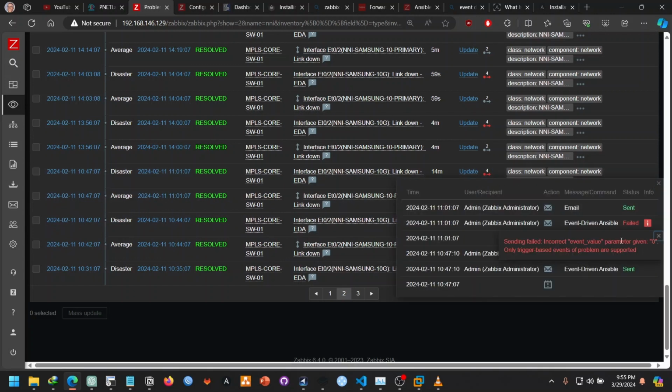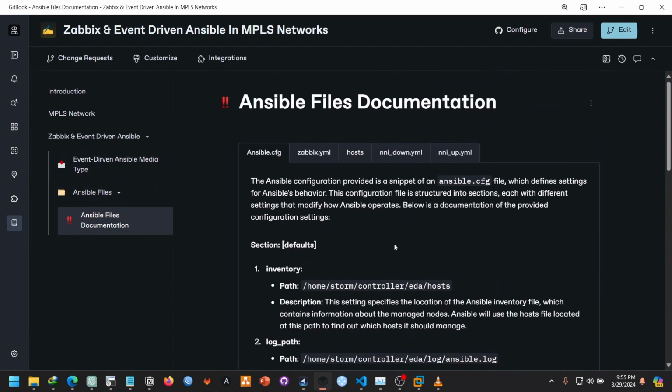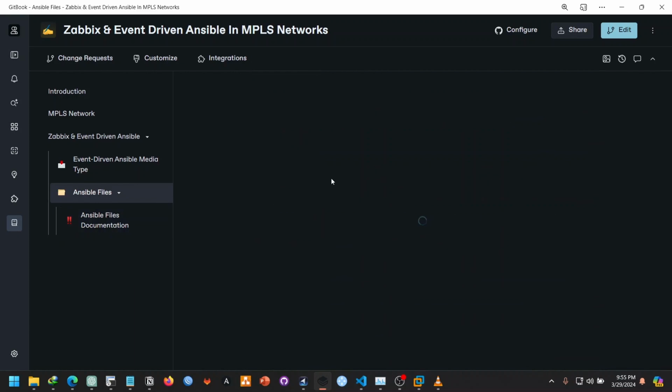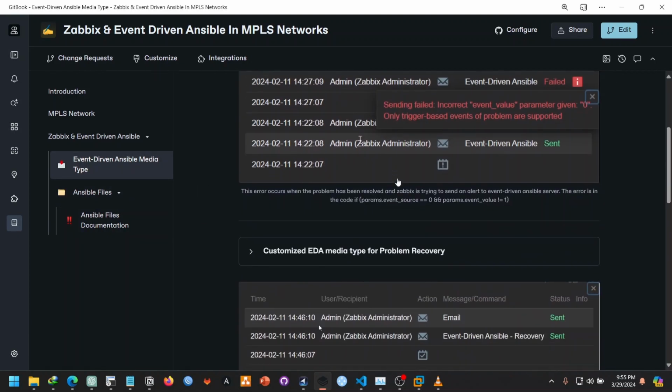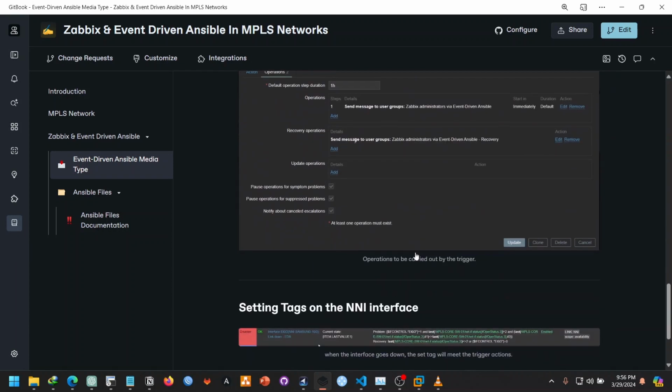So for the explanation for it, I gave a detailed explanation account for it over here. So where is it? Let's say event-driven Ansible. So I explained everything here just for you to understand how it works. So what I did was that